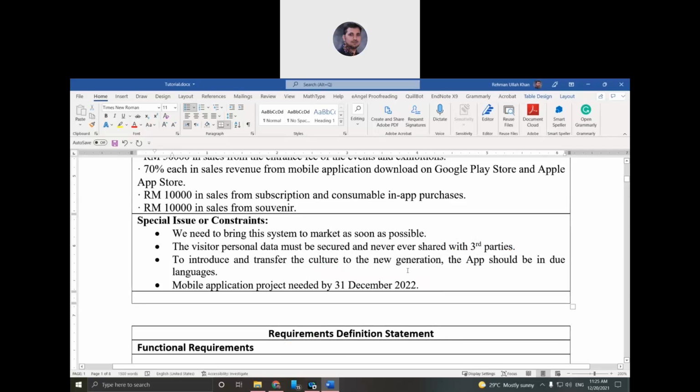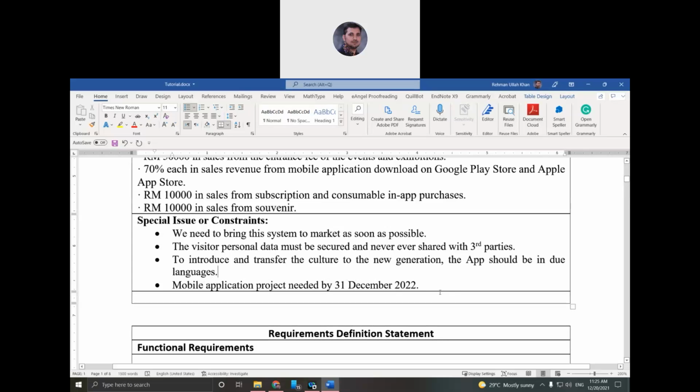You know, the new generation is mostly towards games, 3D, and so on. So more toward digital stuff. So we want to introduce the cultural value in a digital format, and this is why the app should be in dual languages, meaning to say it must be in Malay and English,